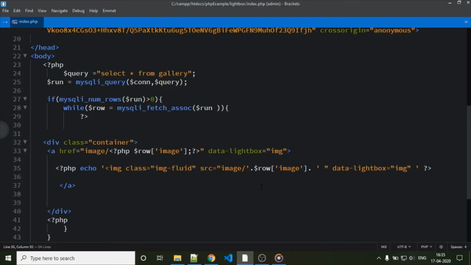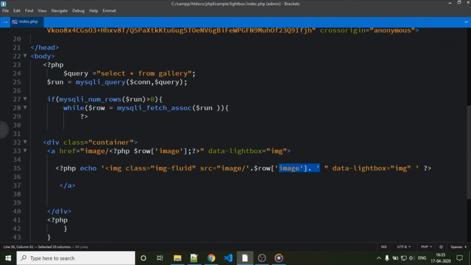So just close here. This anchor tag is closed here. This is the PHP script for fetching an image from the database, and this is the folder name, source. This is simple PHP syntax.